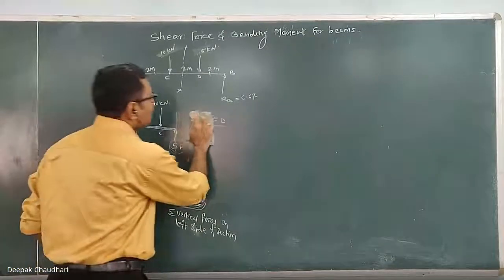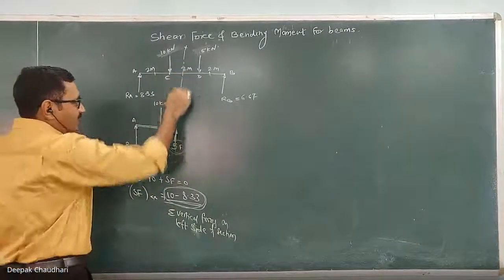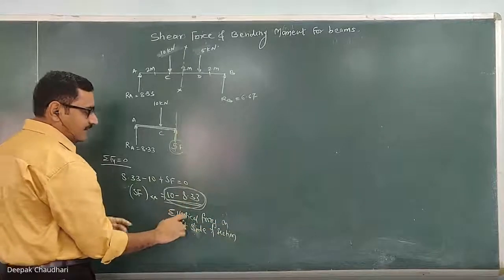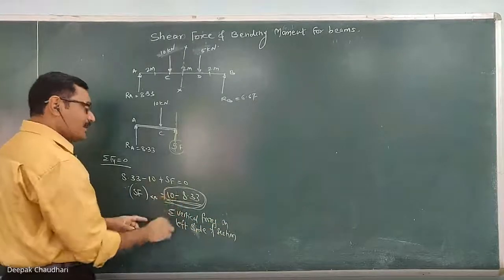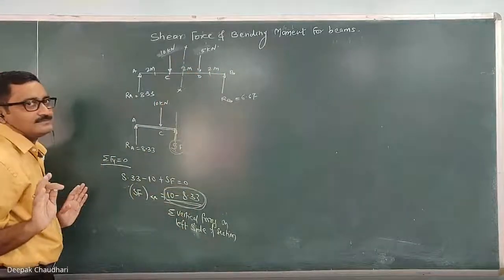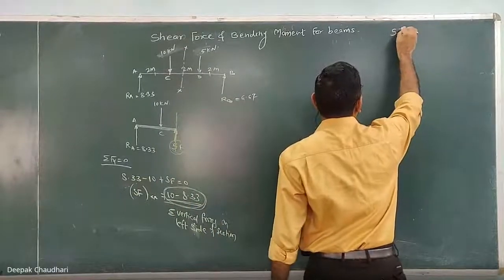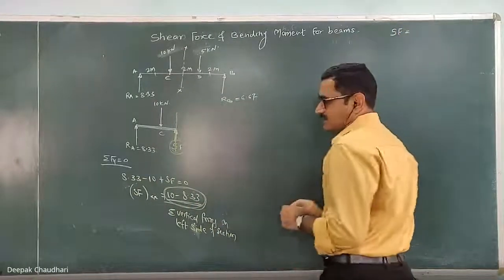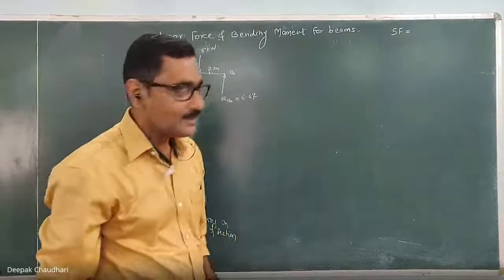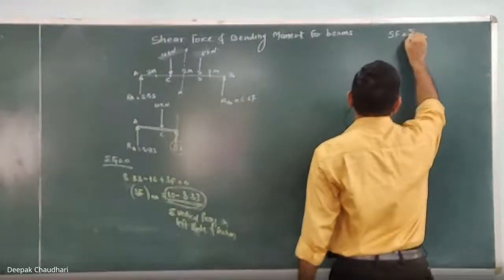Okay, so how to calculate the shear force at any particular section? Shear force at any particular section is the algebraic summation of the vertical forces on, here I have written it as left hand side, but even if you take the algebraic summation on the right hand side, you are going to get the same answer. Understood? So remember one thing, if you need to calculate the shear force at any section, this is very, very important. Shear force at any particular section is the algebraic summation.